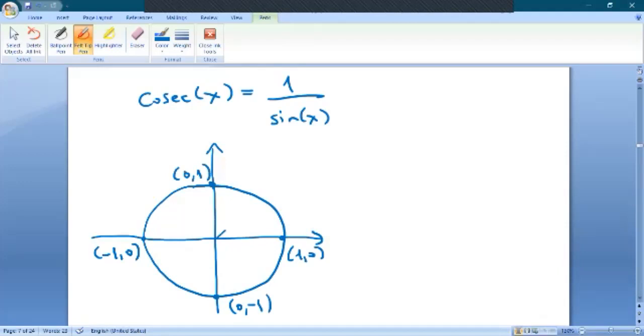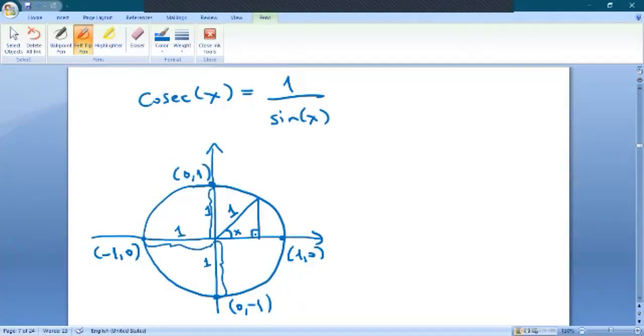Then, if you draw a right triangle here, this radius is also 1 because all the radii are 1 here. This is 1. This is 1, okay? And this is also 1. So this is also 1. The hypotenuse is also 1. So if you draw the angle here, x, then